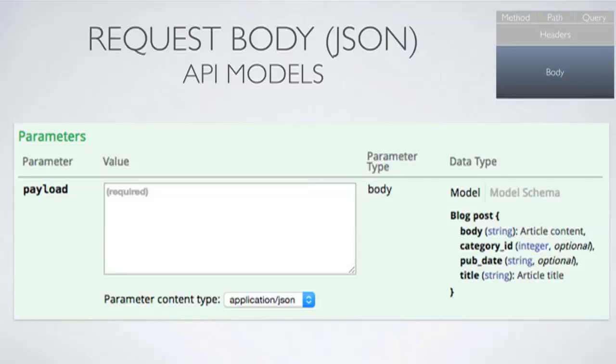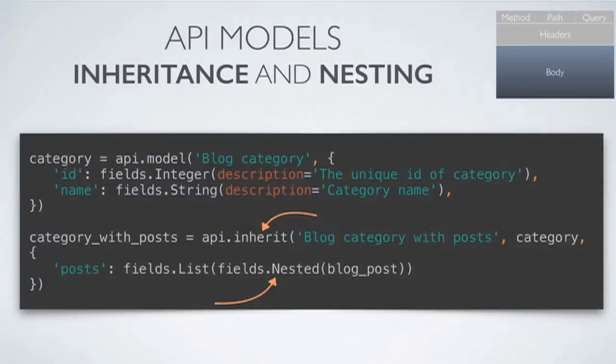And this becomes this slightly bigger form, the text area that you saw in the demo, where the model is described on the right, and you can even get this nicely prepared value that should work. It just contains the right types for you. Now, these API models are interesting because they have additional flexibility through inheritance and nesting that allows them to be more powerful.